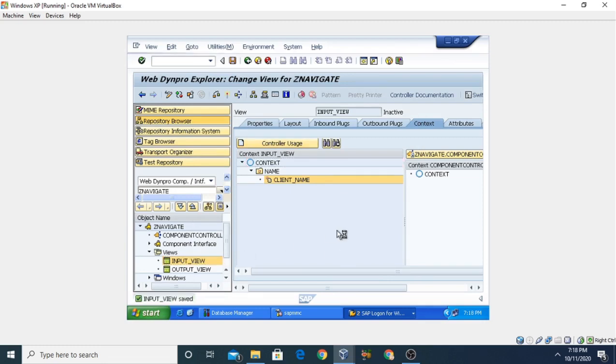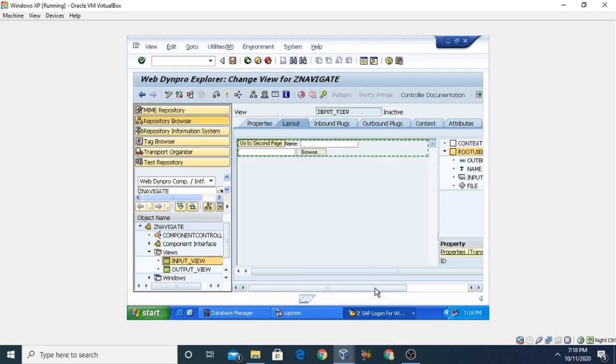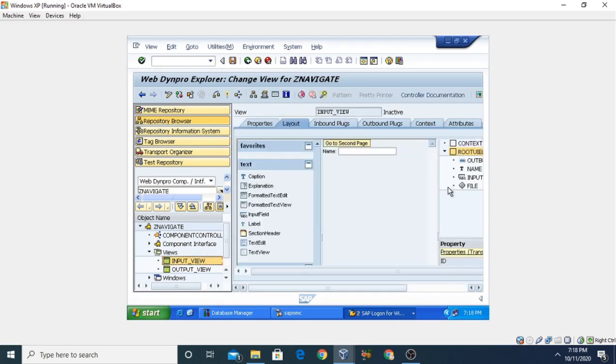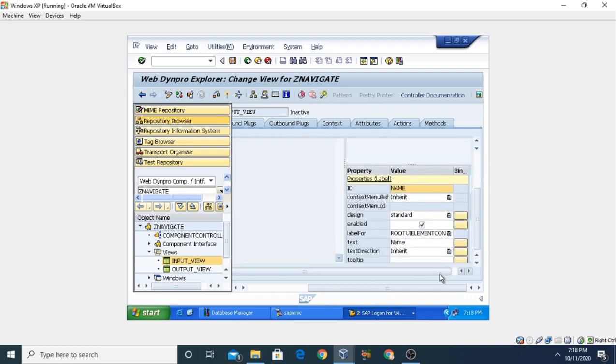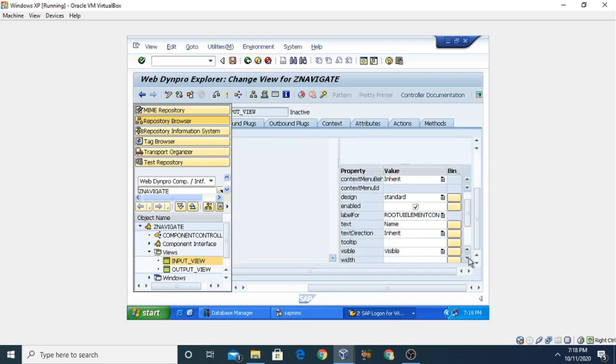Now go back to the input_view, and in this layout, go to the name here, select the property here, and then select property. We have given the text here.